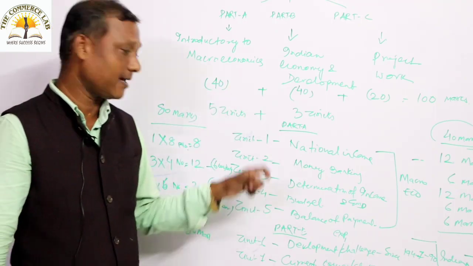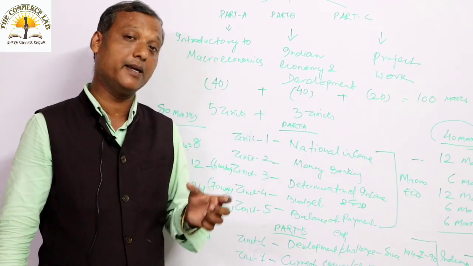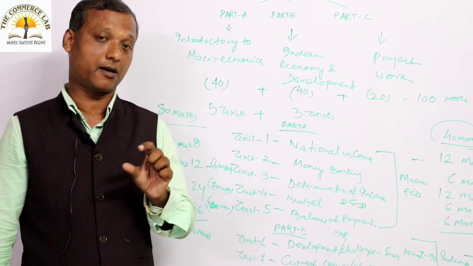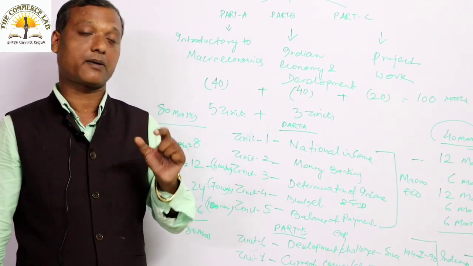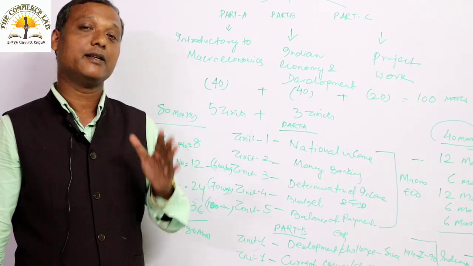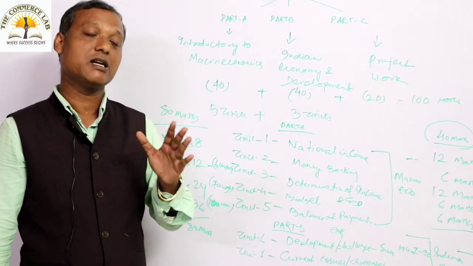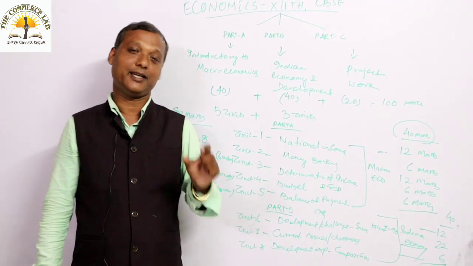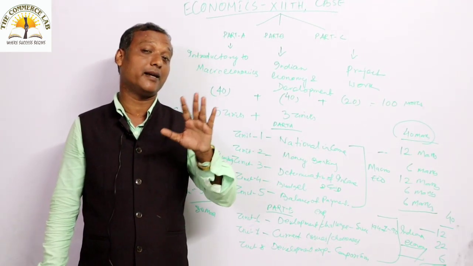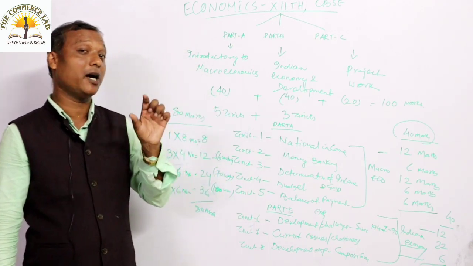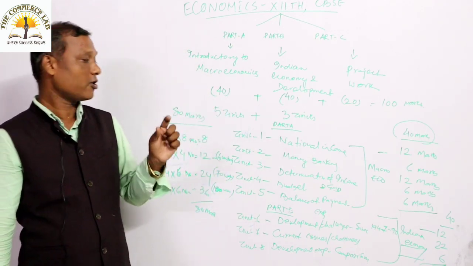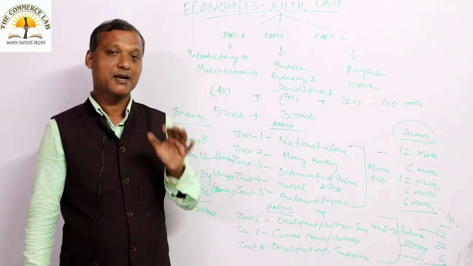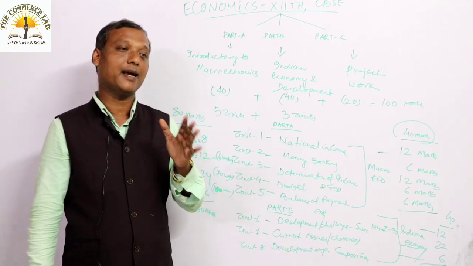Then we will study different concepts over here. Take for example GDP. What do you understand by GDP? GDP means gross domestic product. Gross domestic product refers to the value of goods and services produced within the domestic territory of a country in a financial year. Just understand my statement. I am pointing out very particular things. Gross domestic product refers to the entire value of goods and services produced in a country in a financial year